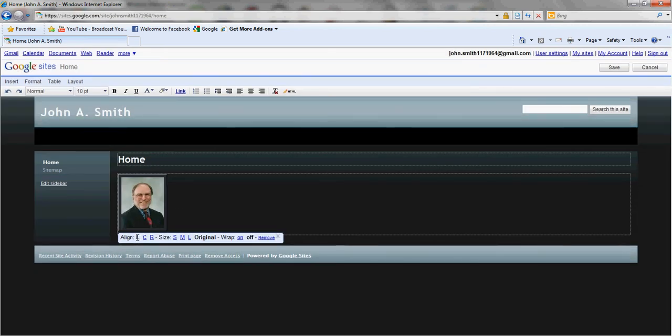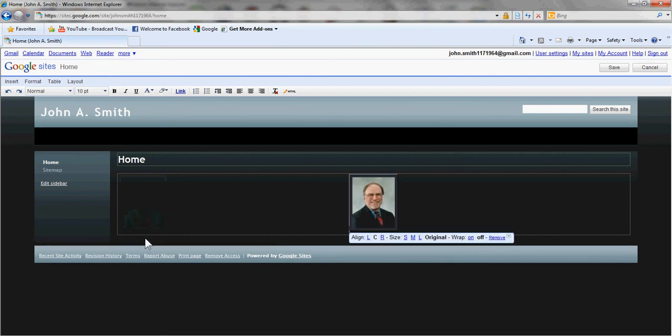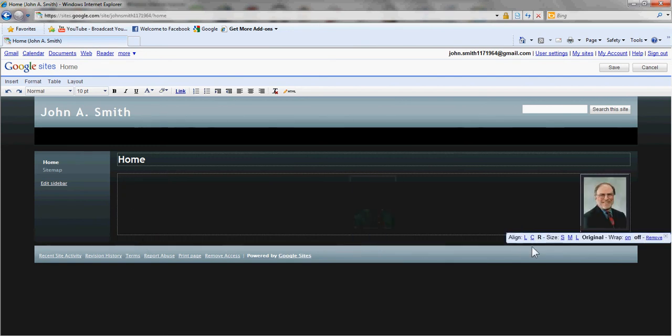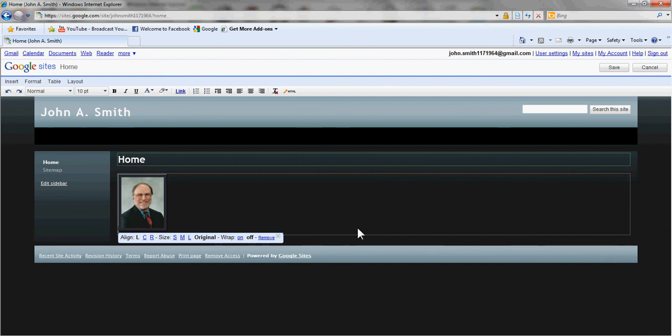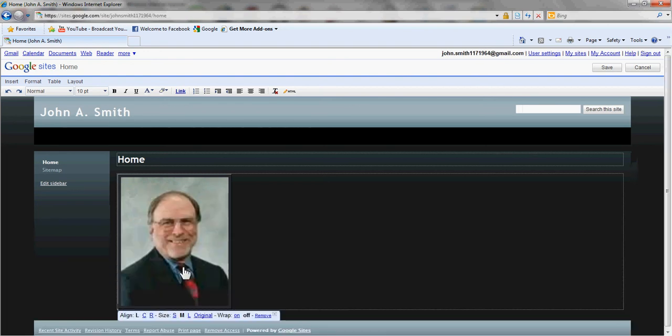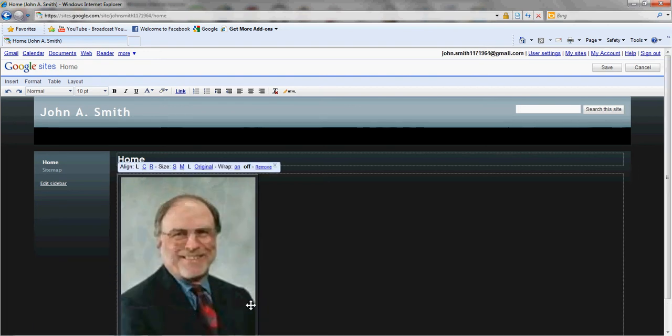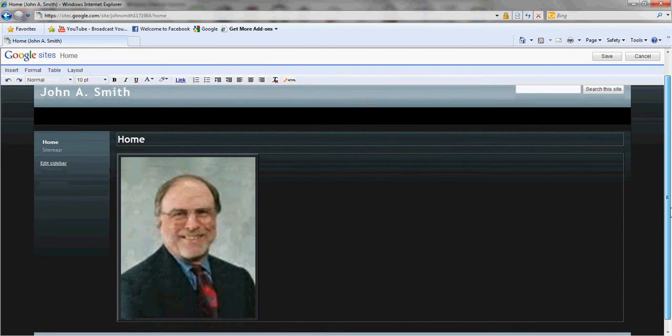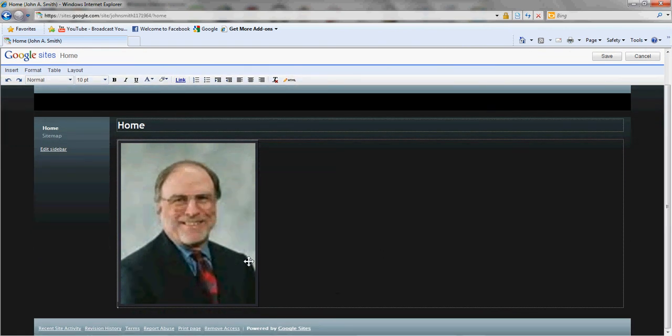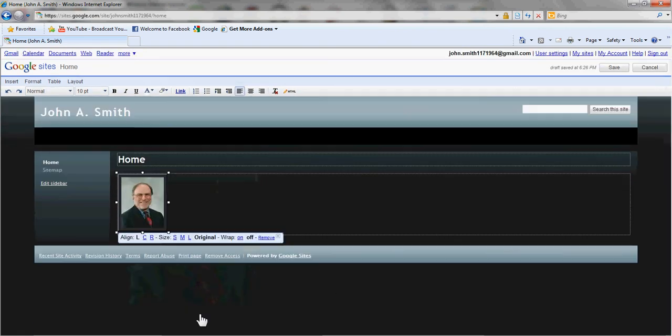Now we can align that left, center, or right. I particularly like it on the left, but that's entirely my preference. And we can set the size to small, medium, large, or I actually prefer the original size because it's getting a little grainy now. So I'm going to click on that and go back with the original size, which I thought looked just about right. Now we can add some text in here